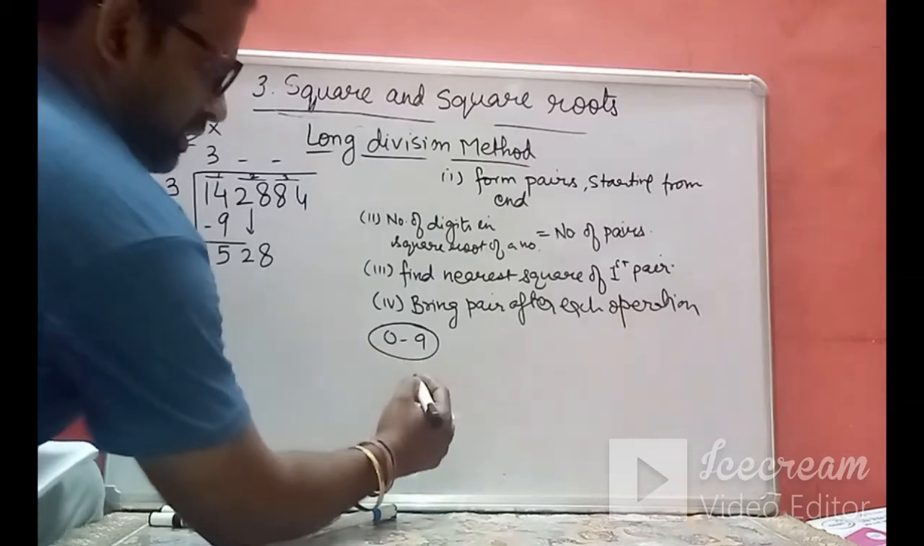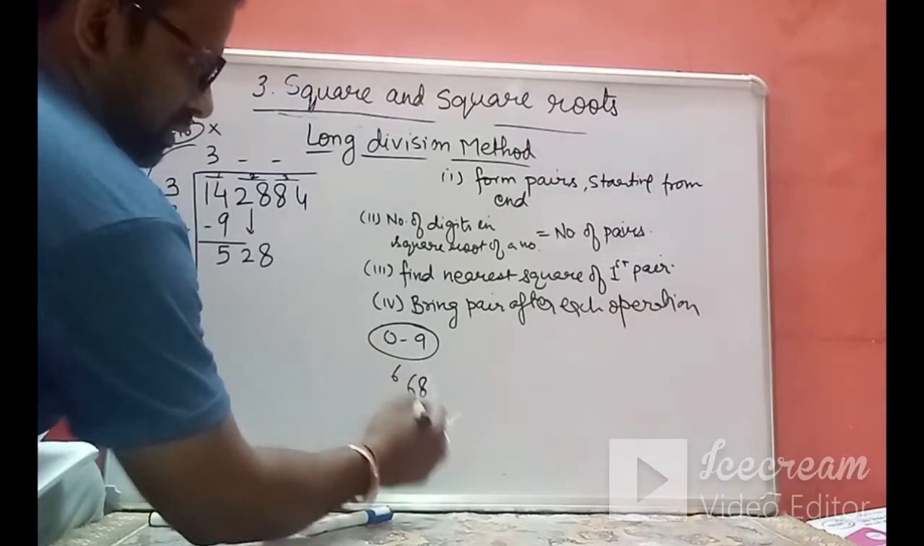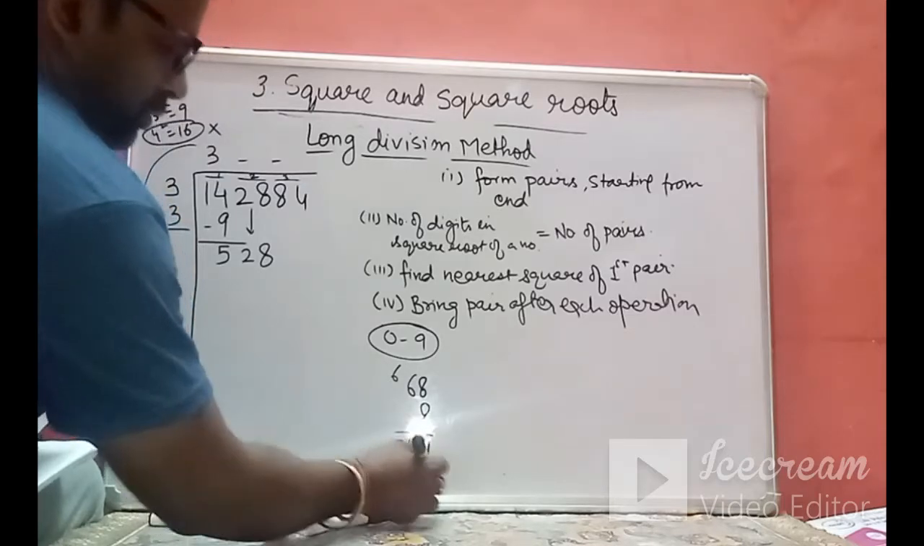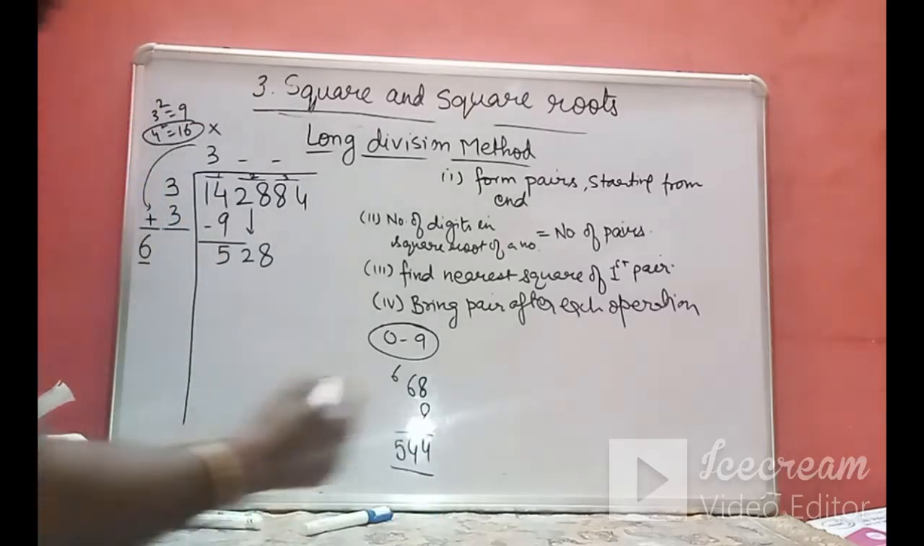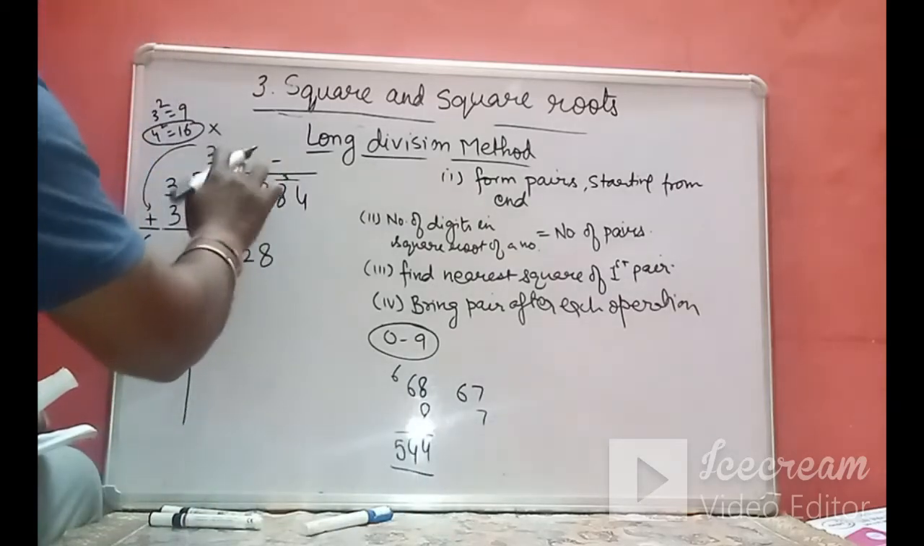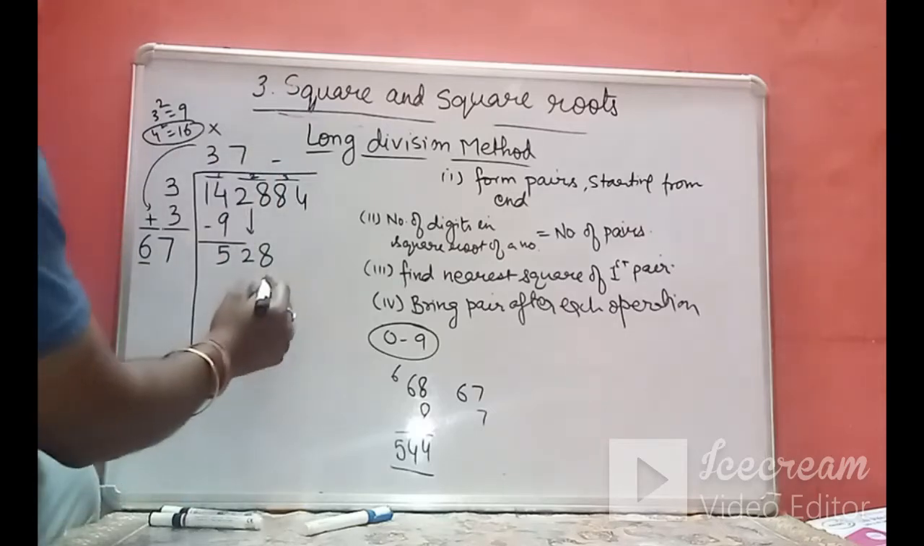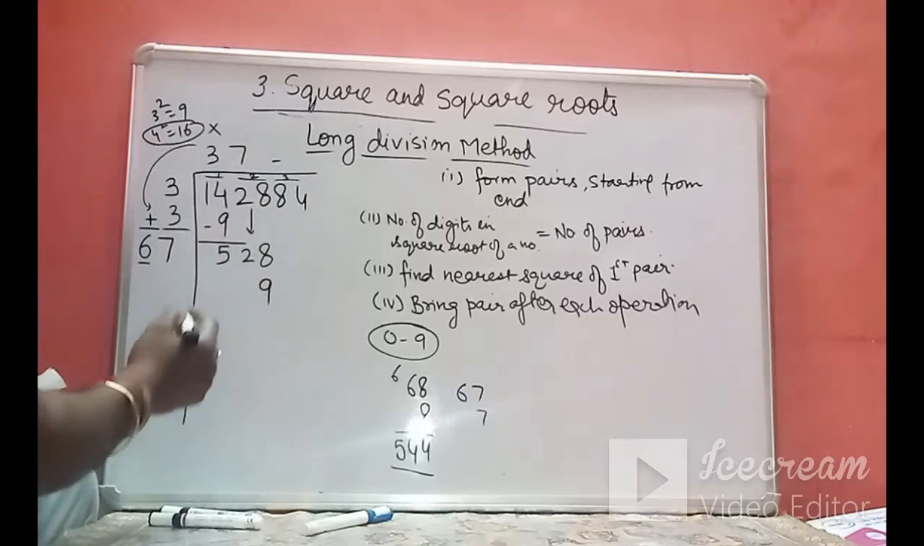Suppose if I take 8, so that will give me 54. So it is more than this 528. So now I will do it by 7. So I will put here 7 and the 7 also comes here. So it is 7 into 7, 49,